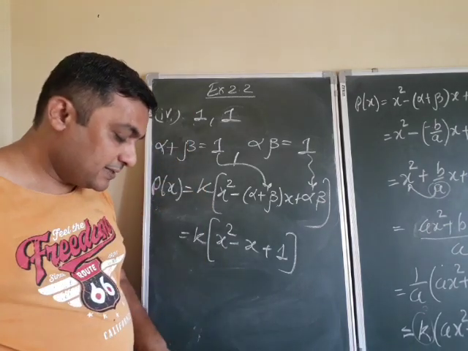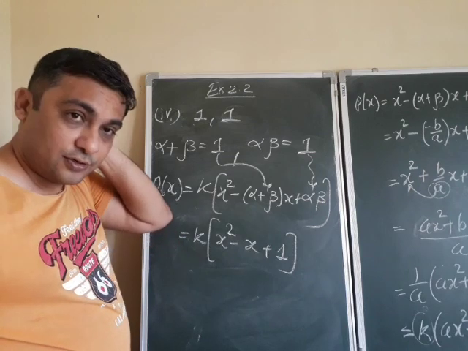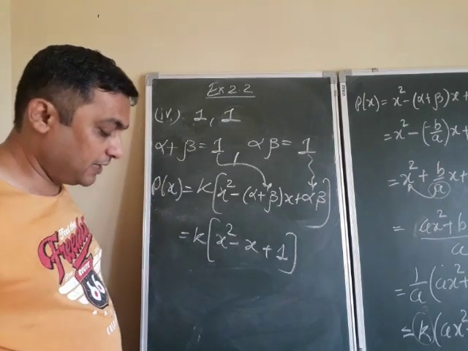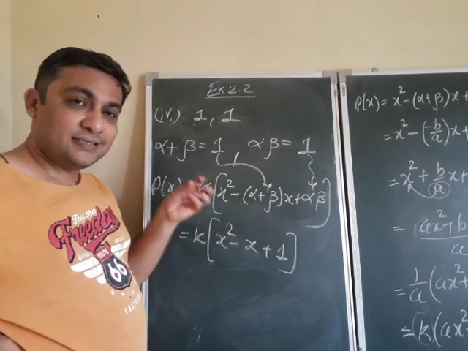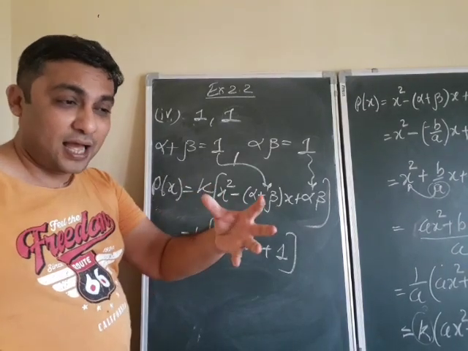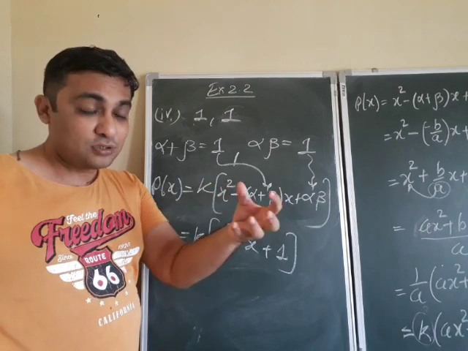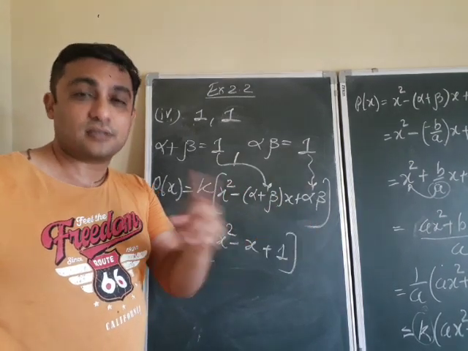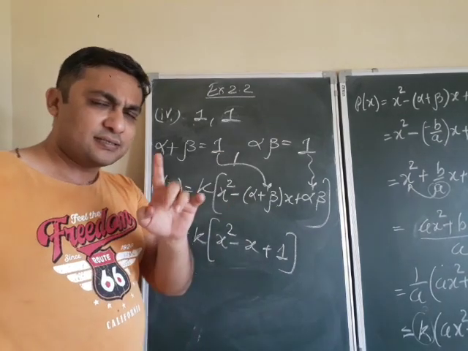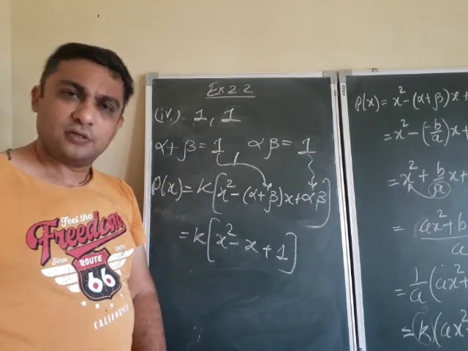I think the fifth and sixth you can do yourselves. Chaliye, okay, so you do it yourselves. Fifth and sixth are easy questions. Okay, see, this is just giving the introduction: from zeros or equations you can find roots, but from roots also we can find equations. Clear? And the same detailed discussion we will have in quadratic equations. Clear?